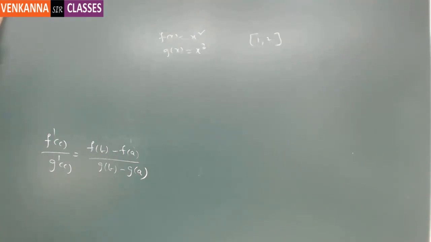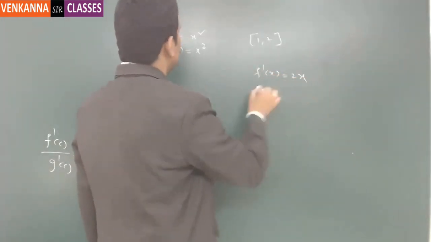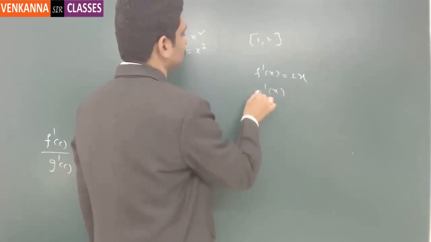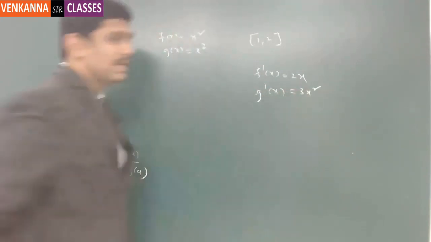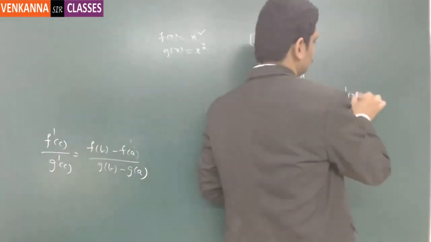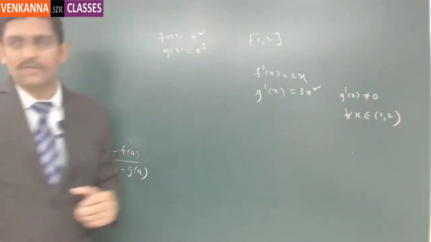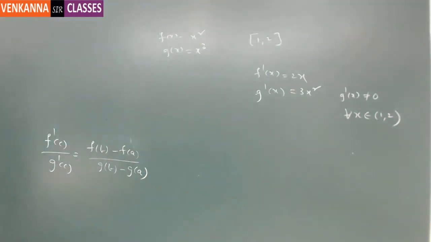Okay, since both are polynomial functions, one is x square, another one is x cube. They are continuous on the real line as well as on the given closed interval 1, 2. And also they are differentiable, because if you consider f dash of x, it will be 2x and it will be 3x square for g. They are differentiable and g dash of x is not equal to 0 on the open interval 1, 2. So hence we can apply